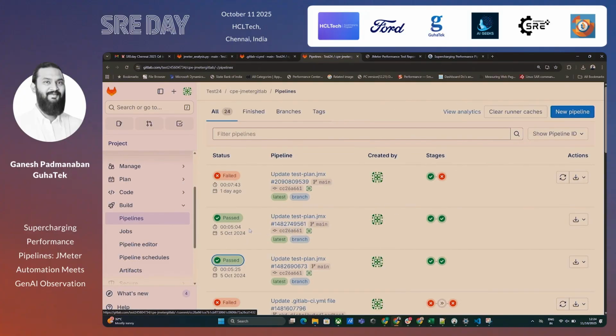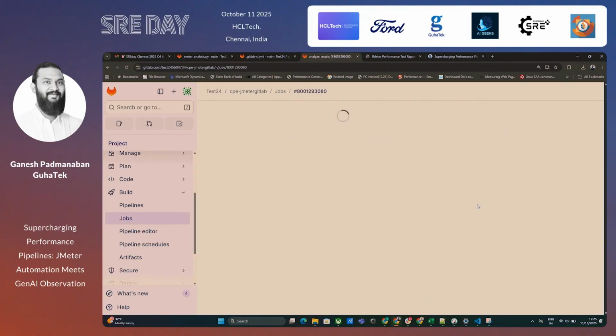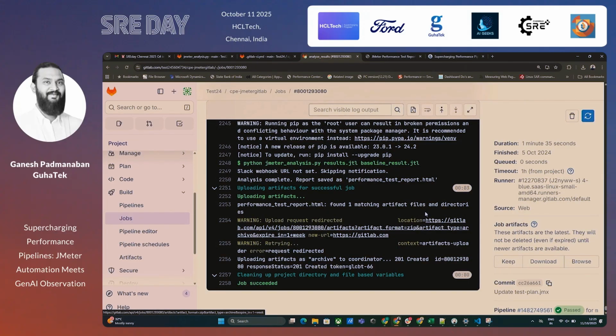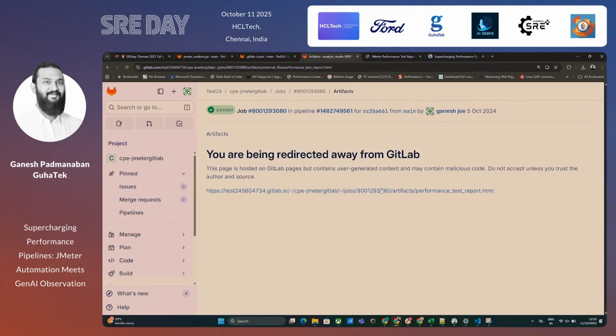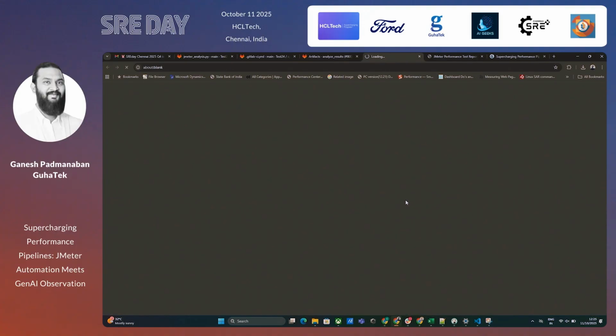Okay, so let's say the test has finished the JMeter execution, and also it has analyzed the test results, right? Sorry, it's still using my mobile Wi-Fi. At the end of the day, if the developer wants to go further from the Slack notification, then they go to this HTML report, where we give some key details,